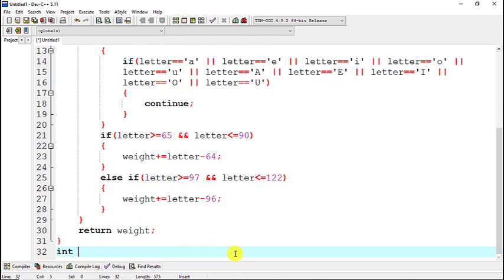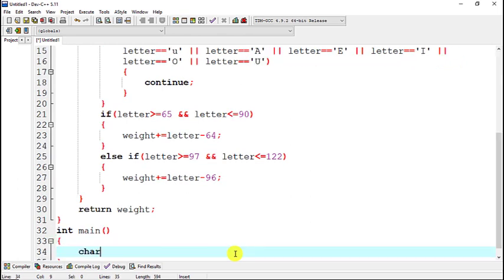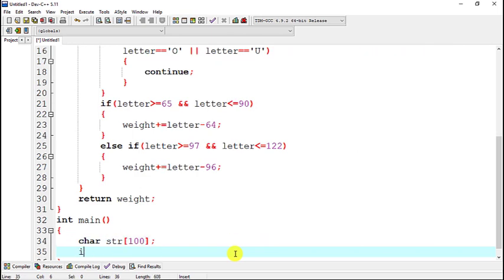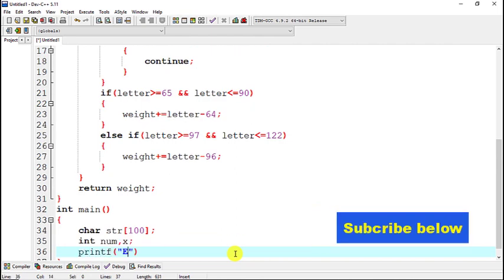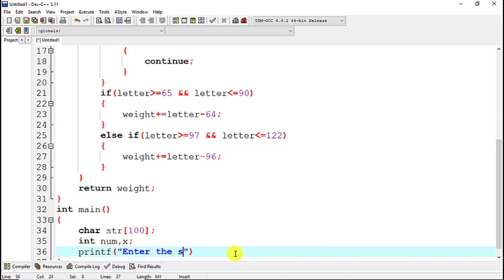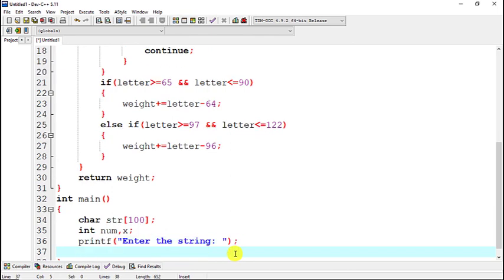After that we will write the main function, int main, and here we will take a character array of size 100. After that we will define some variables num and x. Now we will take the string from the user, so enter the string. Now we will read it from the keyboard, gets str.